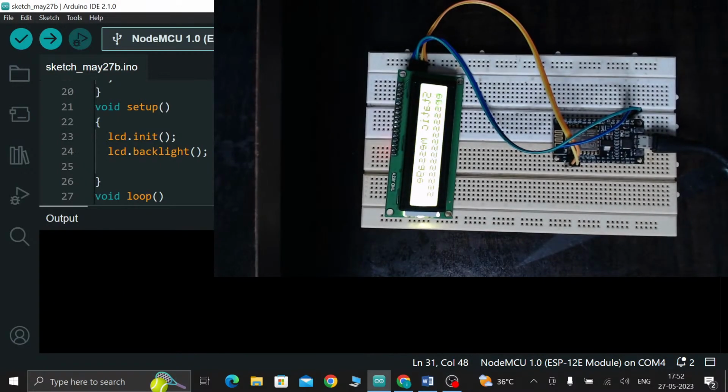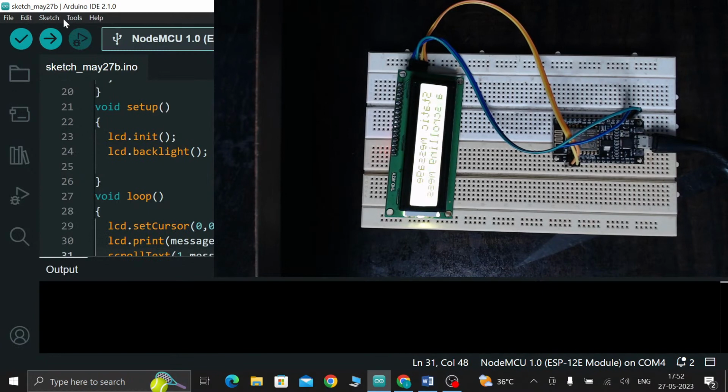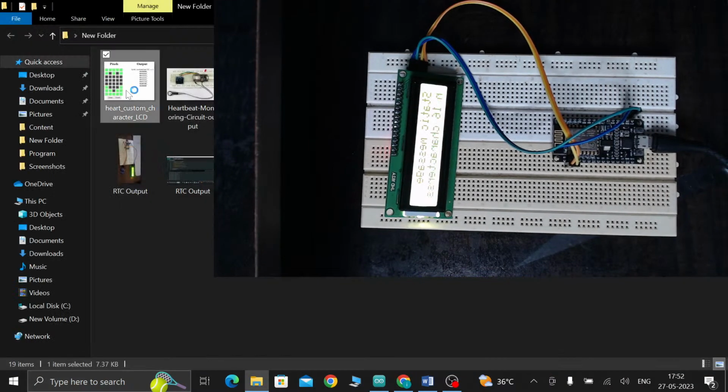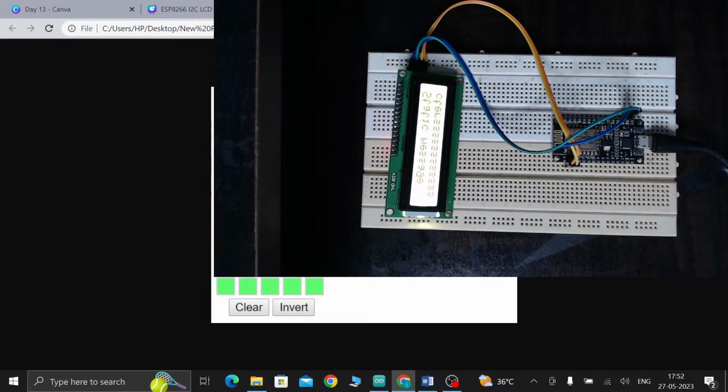So this is about scrolling text. Next one is displaying custom characters. In a 16x2 LCD there are 32 blocks where you can display characters. Each block is made out of 5x8 tiny pixels. I will show you a picture here. So in a 16x2 LCD there are 32 blocks where you can display characters. Each block is made out of 5x8,